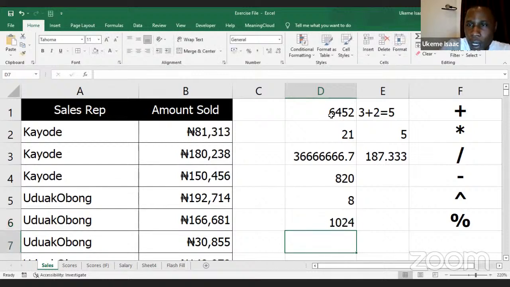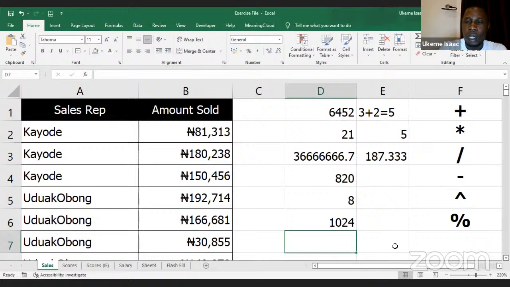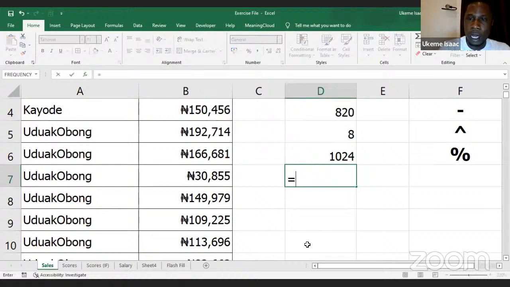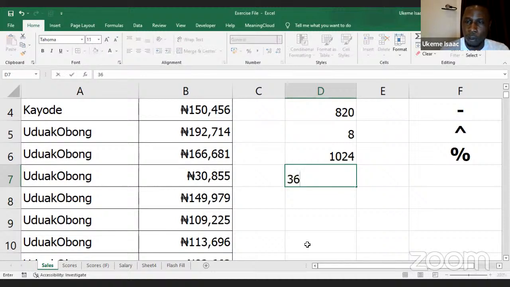Now we have the percentage. I'm going to show us the percentage now. The percentage here is just the same thing as saying over 100. In Excel, percentage is just over 100. Now, how do we find percentage in Excel? First of all, let me look at the way we find it in normal mathematics. If we're looking for 36%